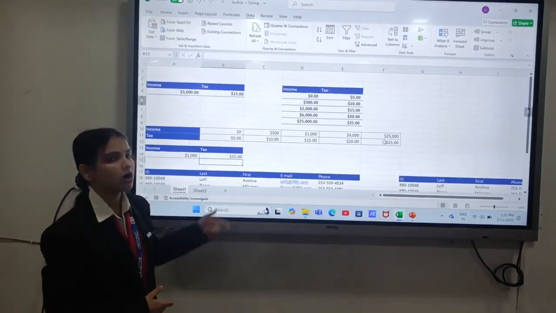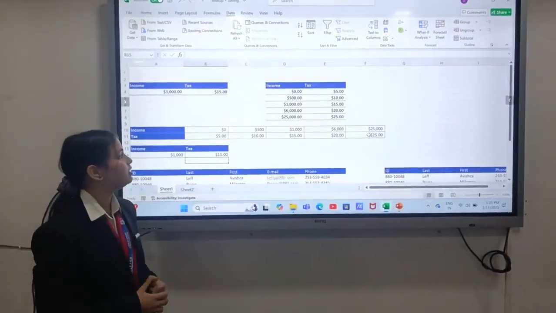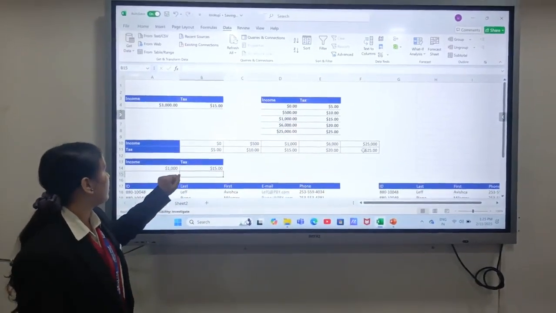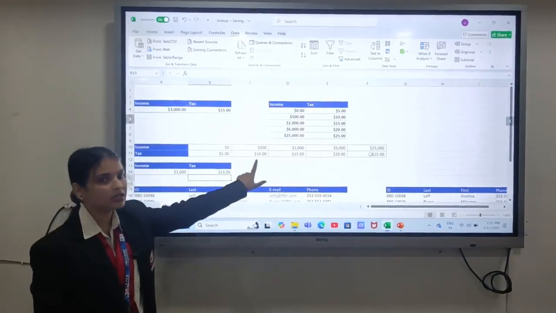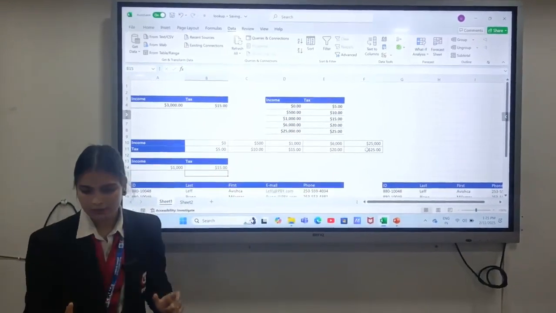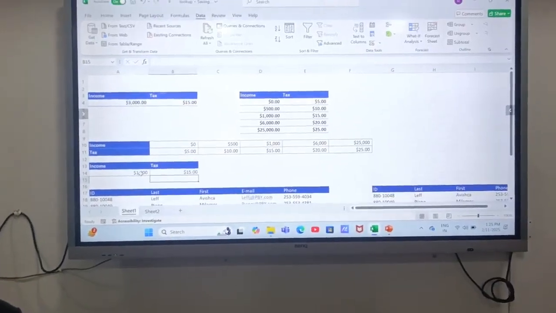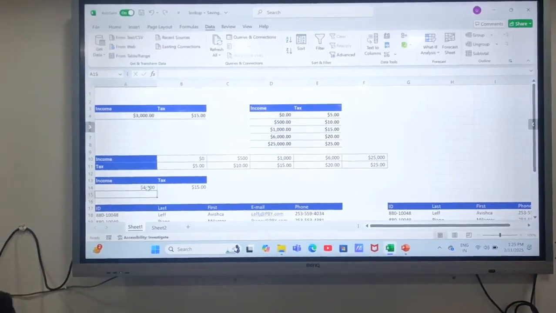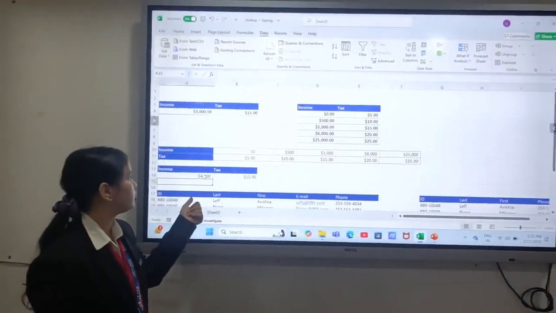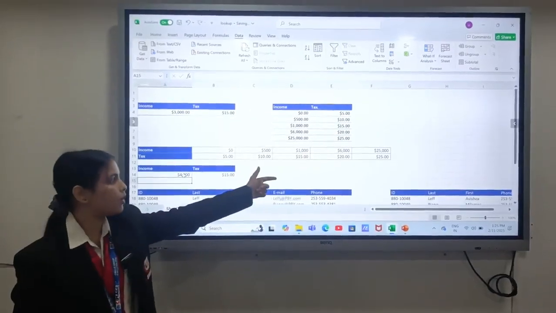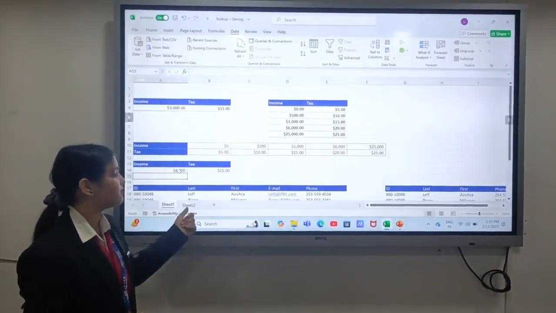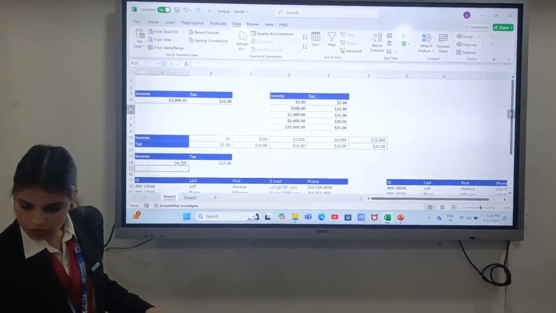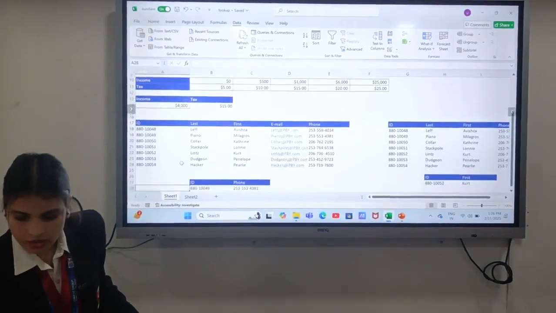It gives us $15, which is absolutely correct. It also gives the same thing: if I write something which is not in the box, I'll get the approximate match. I'll write 4,000. It also gives $15 because 4,000 is not in the box. That's why it gives $15, which is an approximate match.